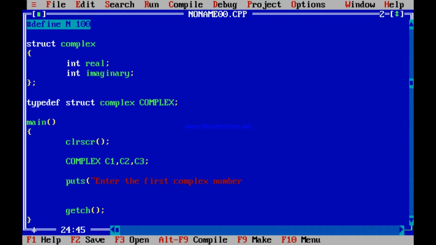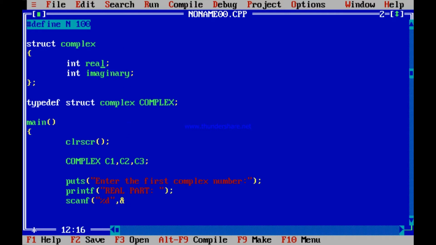And in this first complex number, what you need to have is the real part and the imaginary part. So again I can say printf followed by real part. I tell the user and expect the user to enter the real part over here, and the real part is definitely an integer. So I can scan again, scanf, and %d is needed because the real part is an integer. %d, ampersand what? The real part.